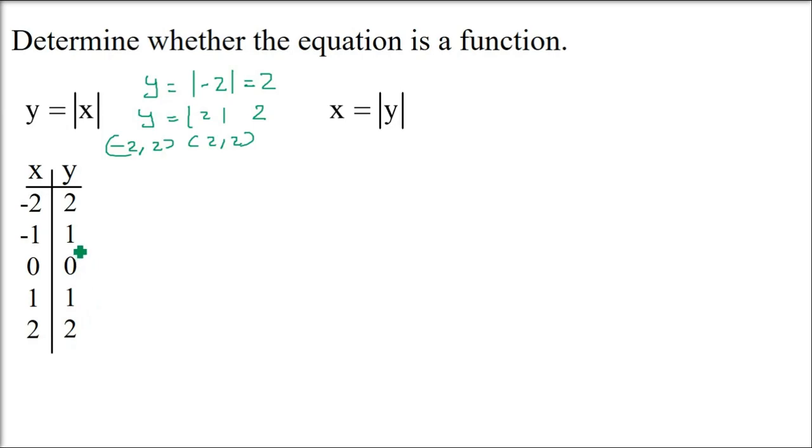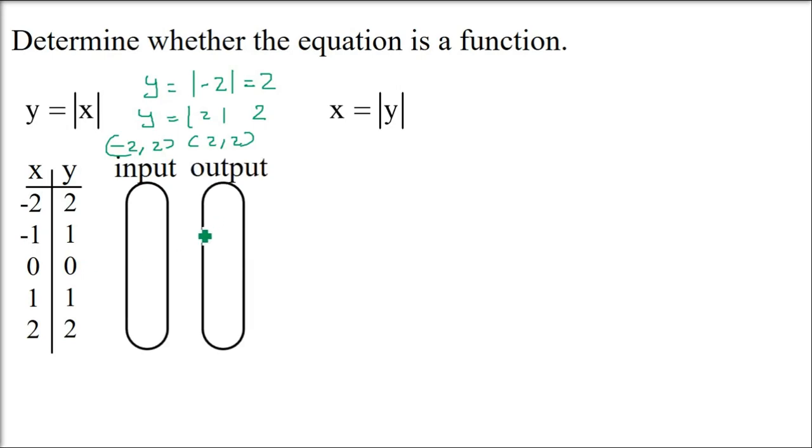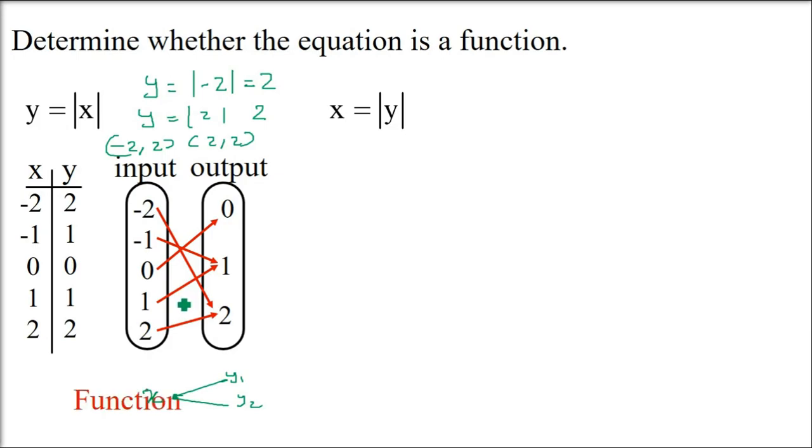Do you see any problem here? As far as the function definition is concerned, is it contradicting? Let us do it as mapping. Now it will be very clear, because we know one value should not point to 2 values. So I'll just, by the line, find out. In these mappings, one value should not point to 2 or more than 2 values. Is it there? No, it is not there. So this is a function.